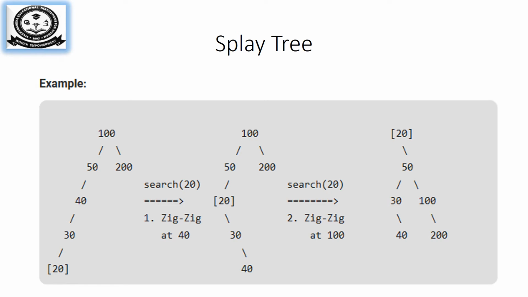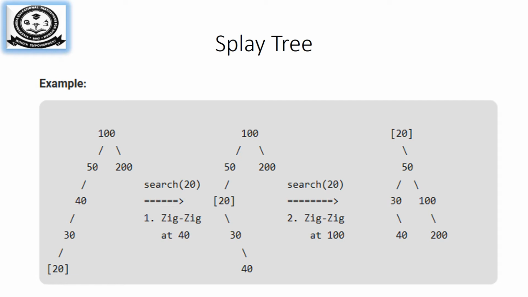The leftmost diagram is a splay tree because it's a binary search tree. You can see the binary search tree property is satisfied. Now I need to access 20. So what I mean by that is you will first search for where 20 is. 100 will search for 20. 20 is less than 100, comes to the left side, 50, less than 40, less than 30, less than it, it reaches 20. Now for this 20 to get accessed, it has to be brought to the top.